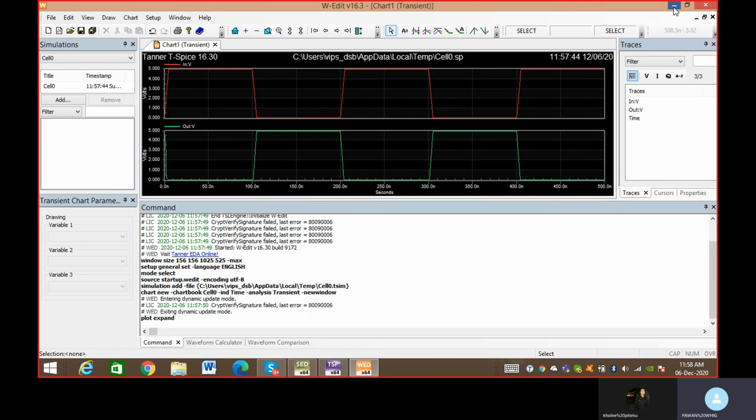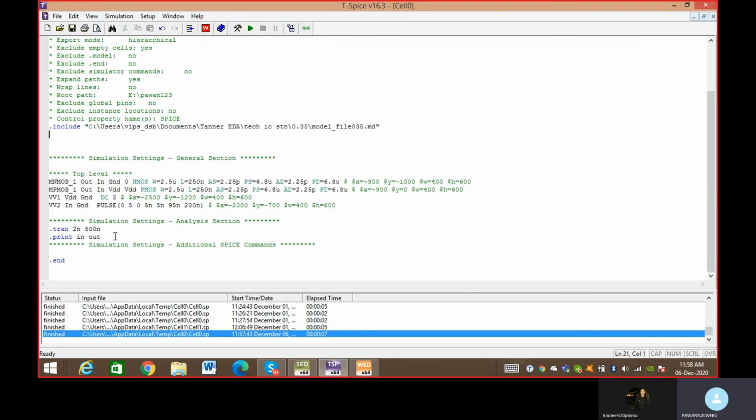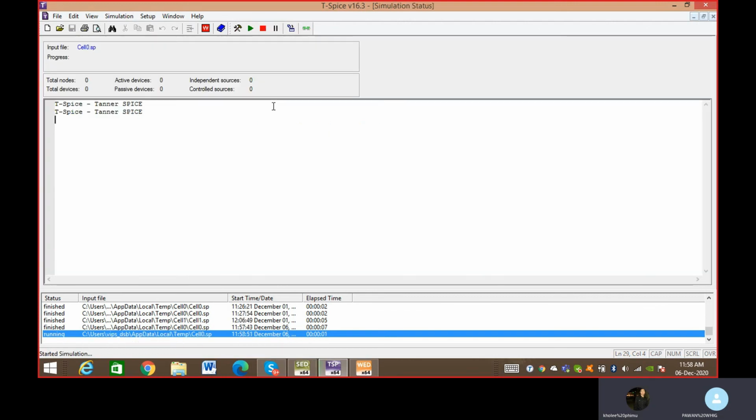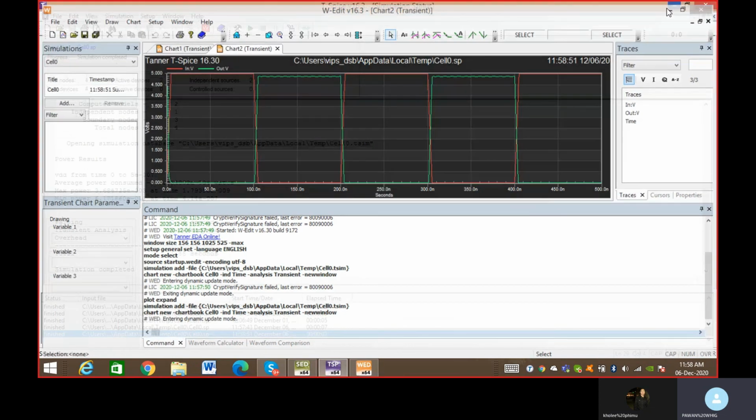Apart from this, we can also check the power of our inverter. We can do it with the .power command, and for that you have to write VDD. So over here also you have to change VDD. I'll show you the power of this circuit.